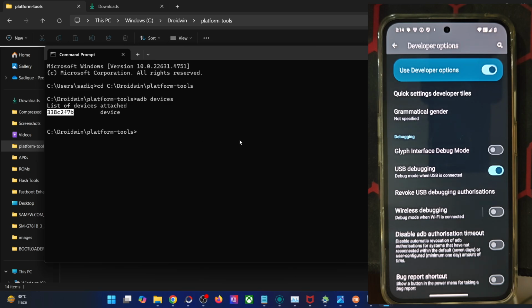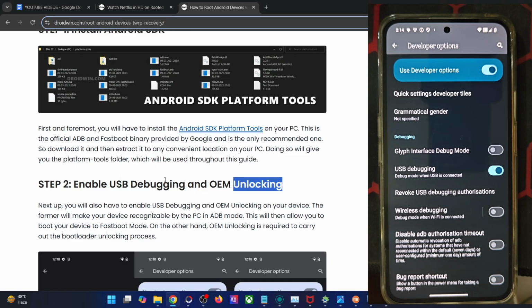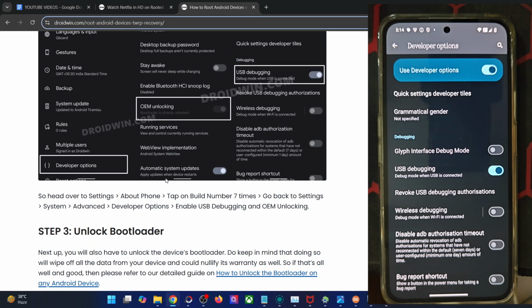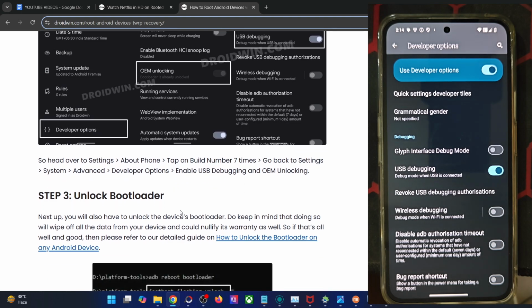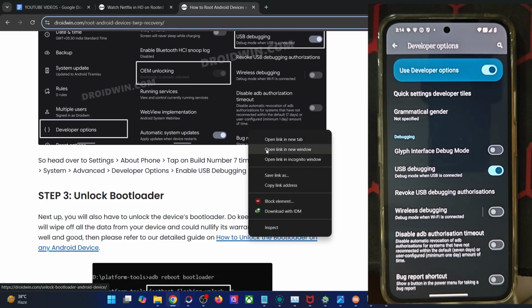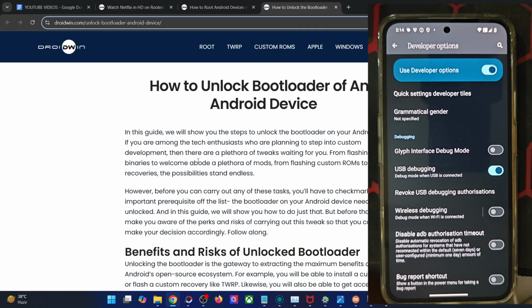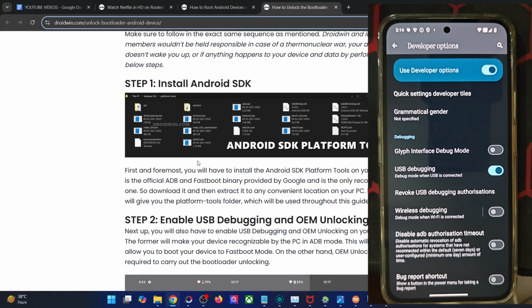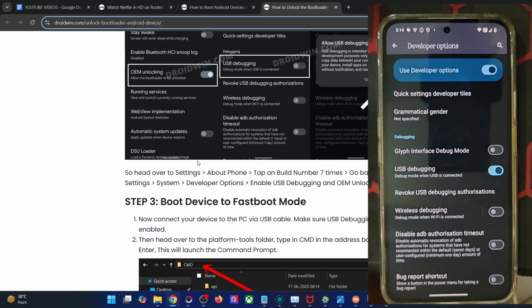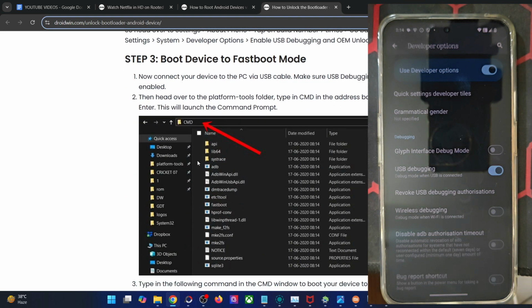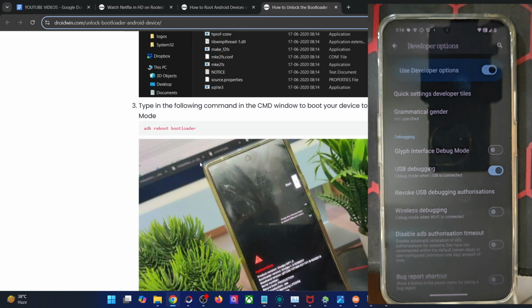Once you're getting this ID, your next course of action is to unlock the bootloader on your phone. Do note that unlocking will wipe off all the data and it might make the warranty null and void as well. If that's well and good, you could refer to a guide and the video and get this job done. In short, you have to boot the phone to the fastboot mode and use the fastboot flashing unlock command. You will then get a prompt on your phone. So use the volume key to highlight unlock the bootloader and press the power key to confirm.